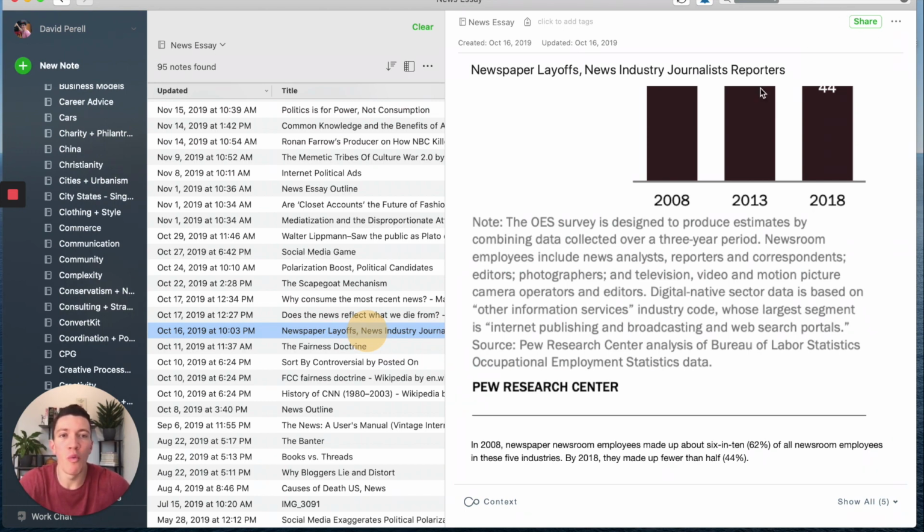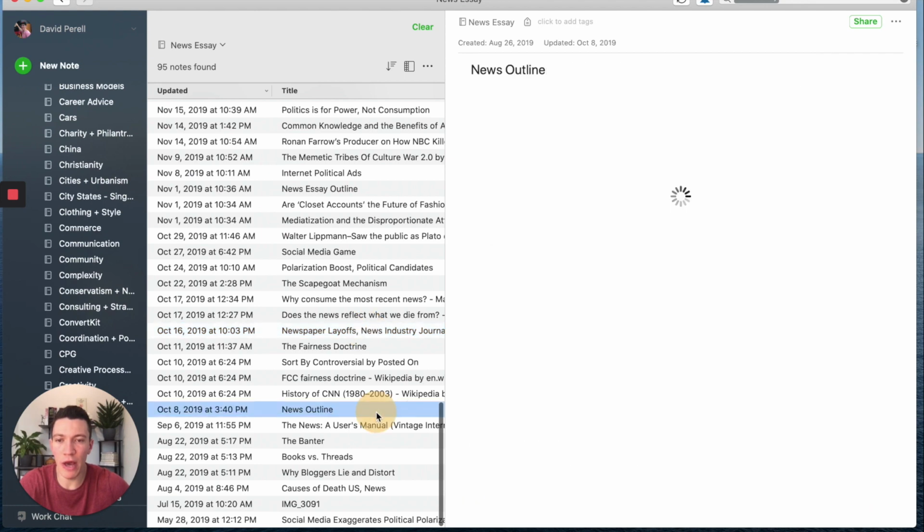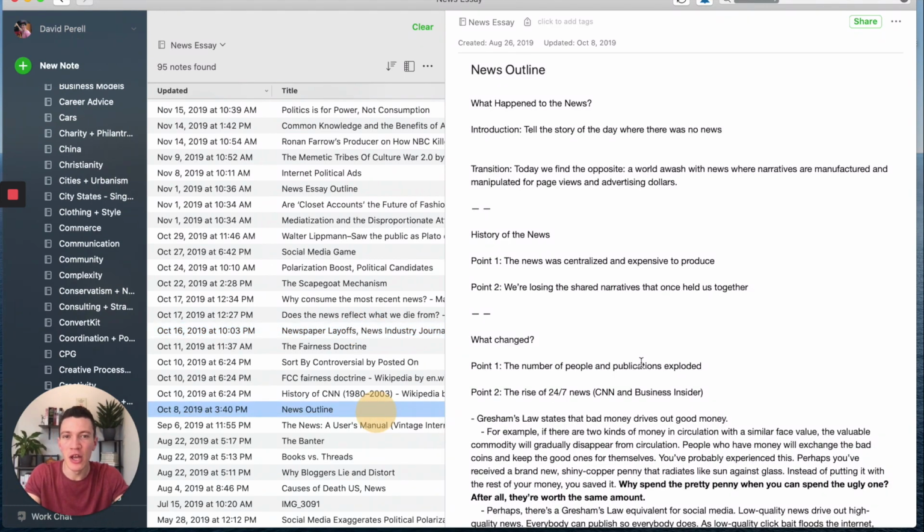What I want to do is start here with one of my very first outlines. I was guided by a very central question: what happened to the news? Because the news has gone crazy, and there's nothing that has changed more in the past decade than our information environment. A lot of us are confused, and we don't really understand what's happening. And I wanted to show what happened to the actual structure of media and information